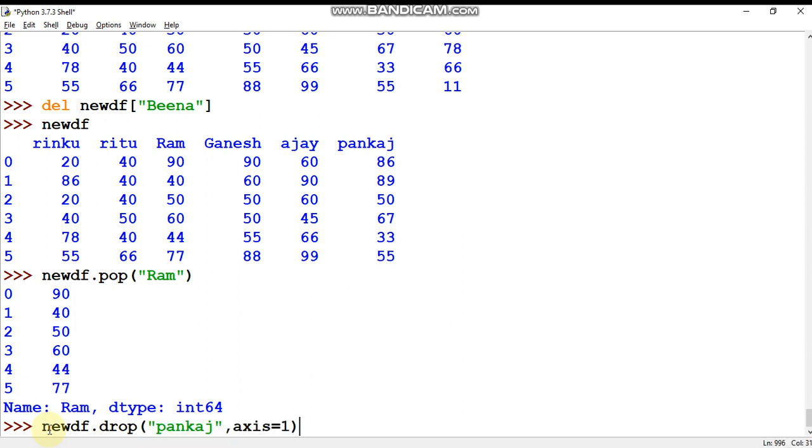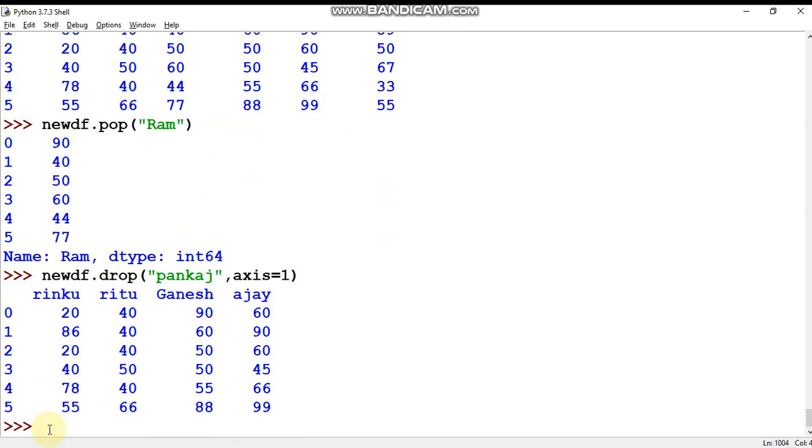Now see the result. In drop we use the keyword axis, because you all know that axis 0 is for the row and axis 1 is for the column. So I am deleting a column from the data frame. That's why I have used axis 1.